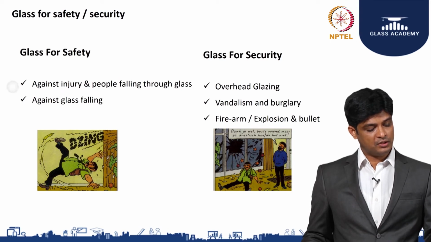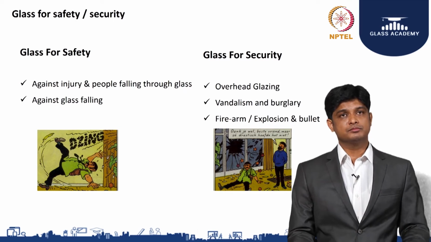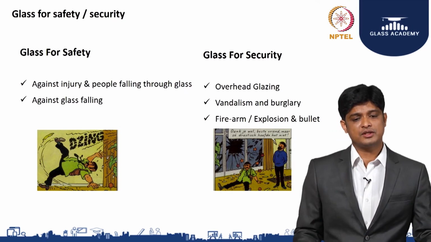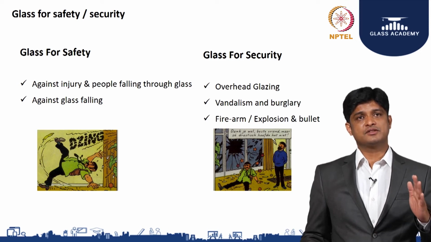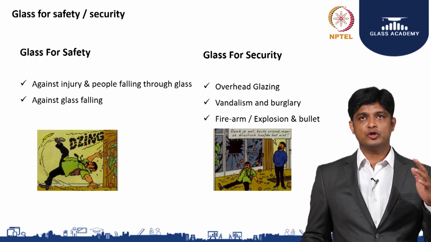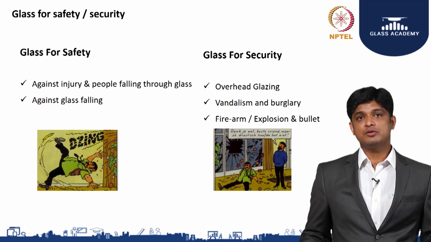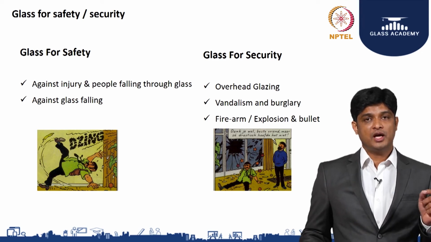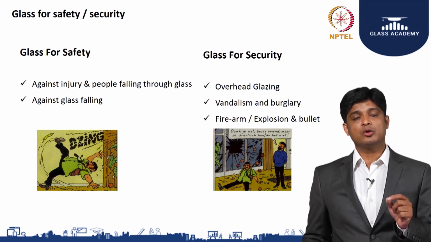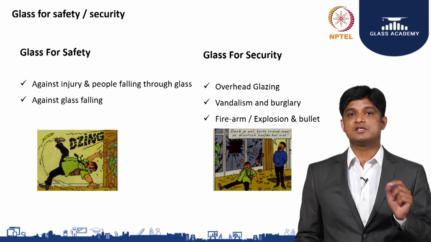For example, critical locations like your facade, where you have to check whether the glass is going to be vertical, whether the glass is going to be inclined, or overhead, or a skylight, or whether you are going to use glass for the floors or for connecting bridges. So it helps you understand, based on the critical location, what kind of glass is to be used, and ideally it's called safety glass.